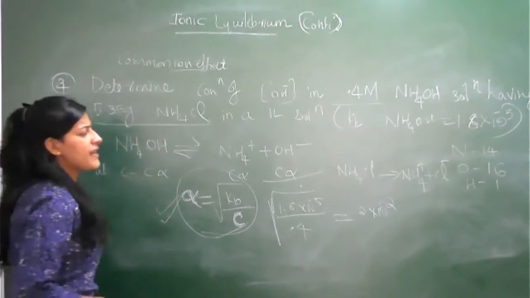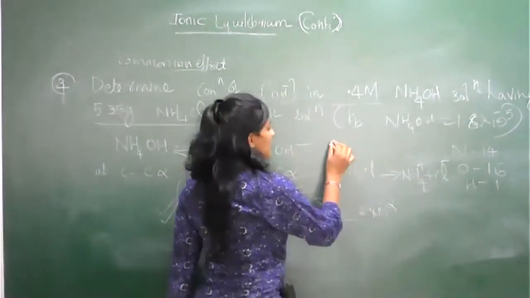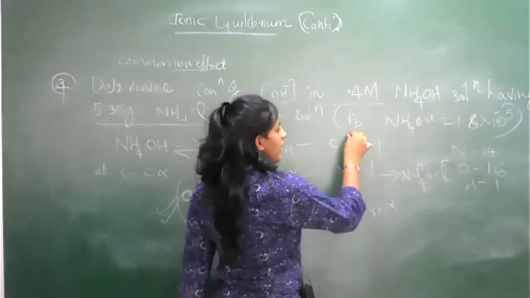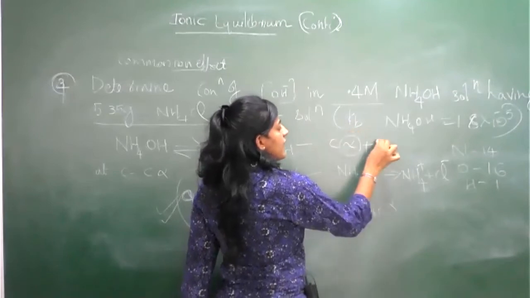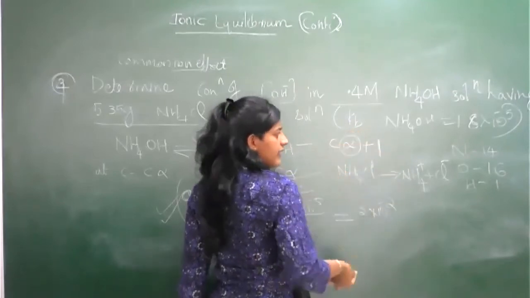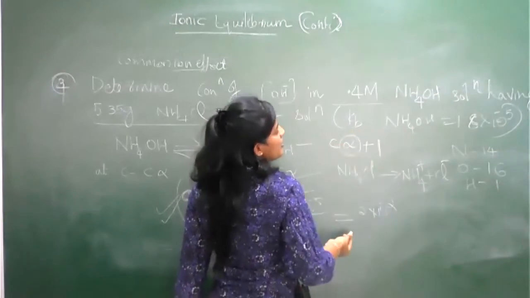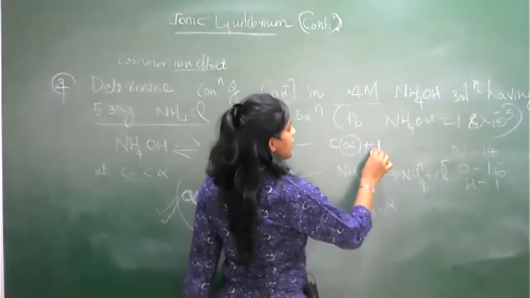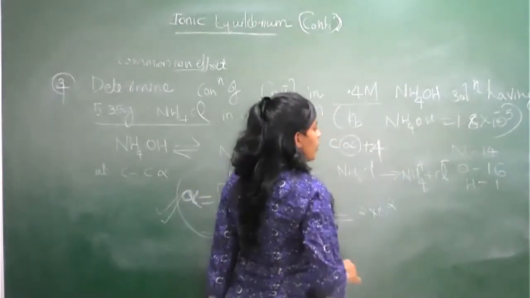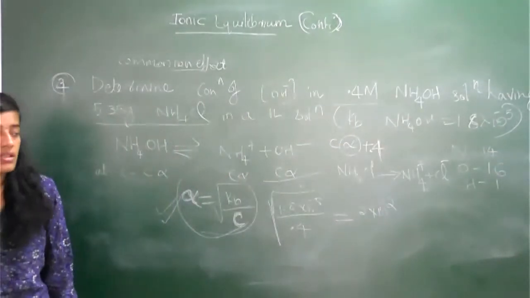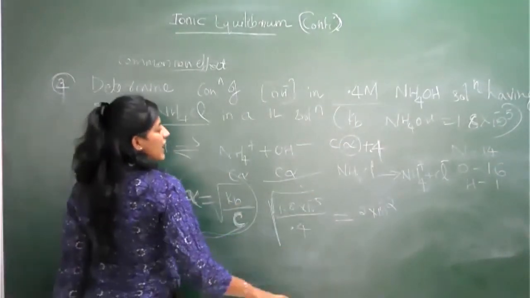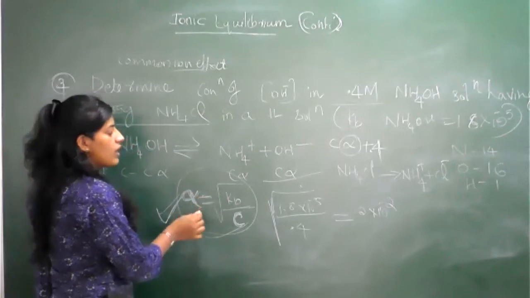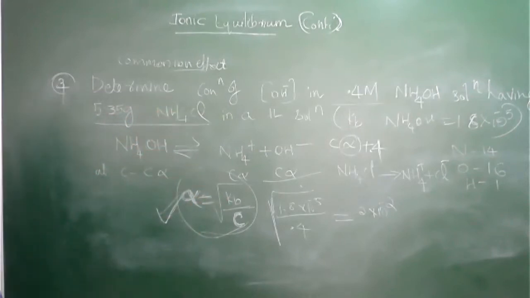One more thing. Previous question. That alpha term, C alpha plus 1 like that. After you find out the alpha term, if it is compared to 1 and is very, very negligible, we can cancel it out. But here it is not like that. The alpha term is around, the concentration is around 0.4, so we can't neglect it. So we can avoid that kind of pathway. Use Oswald dilution law directly. Alpha is only applicable for this kind of thing.